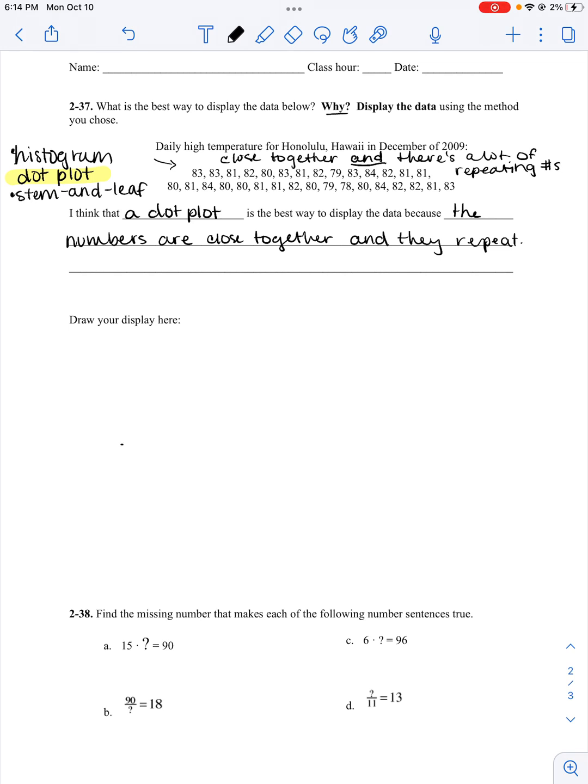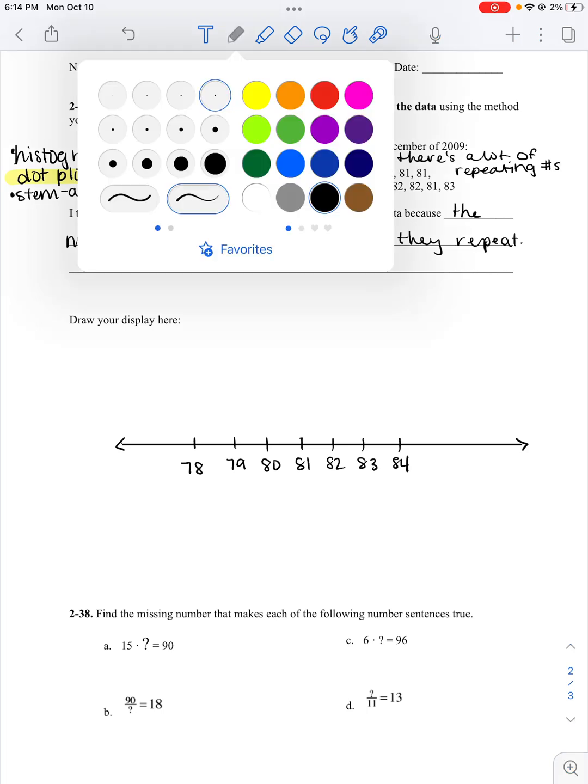Okay, I do need to draw my dot plot. So remember, it's a number line. And I know there's an 83, an 81, an 80, a 79, and a 78. Looks like 78's my lowest and 84 is my highest. So if I start with 78, I have to put a 79, an 80, an 81, 82, 83, and an 84. I left room on either end just in case I didn't see